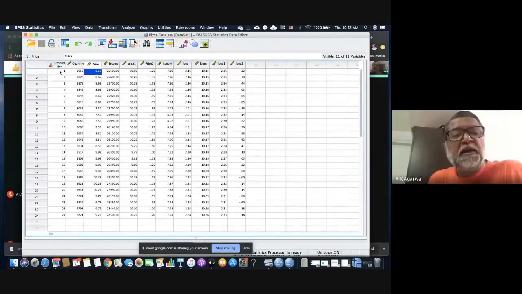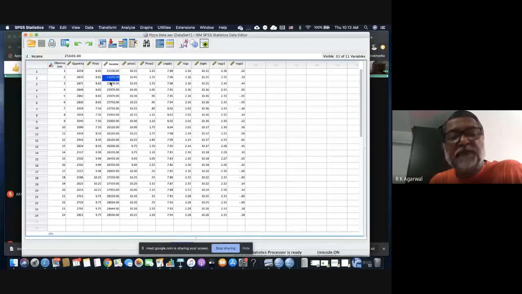to have data on income of the consumers. Let us say the community average income of consumers in which the pizza is being sold is 25,500 per month, 600 per month. Then this is how it is changing. This is how these incomes are changing. And you will notice that they are not changing much because incomes do not change on a daily basis. So if you consider it as a monthly sale, then it does make some sense.